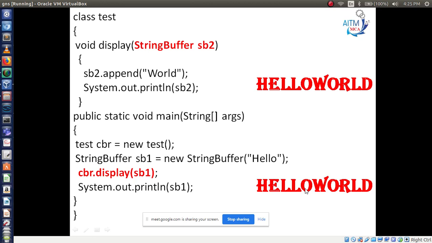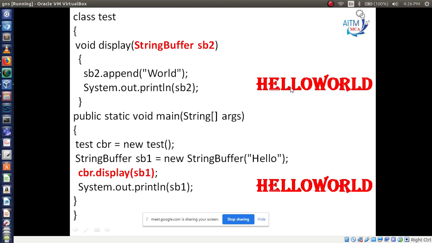So this is the logic of pass by reference, or call by reference method. I already told you, using this method, any changes you make will affect the original. So you have changed hello to word, so hello word is printing.